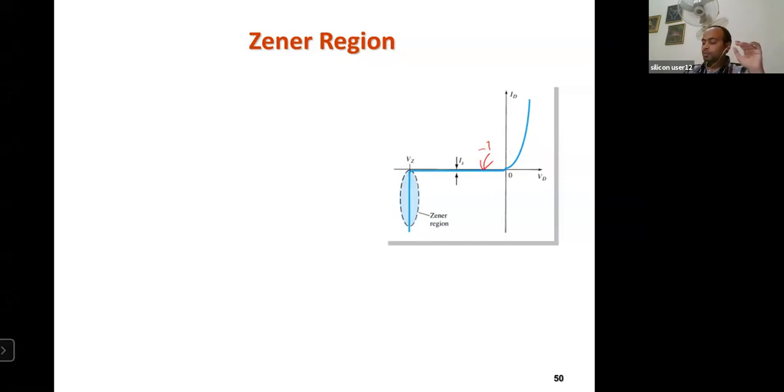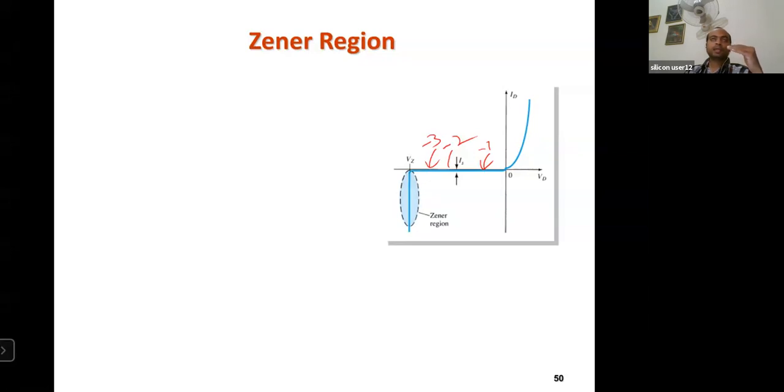Okay, when you increase this reverse voltage, let's say to -2 volts, it will increase the kinetic energy of those minority carriers. As you go on increasing this reverse potential, the kinetic energy of those minority carriers will go on increasing. So at a certain point, what will happen? These minority carriers with high kinetic energy will be bombarded on the stable atoms also. When they bombard the stable atoms, they will generate new pairs of hole and electron. Why? Because we already know how the minority carriers are formed.